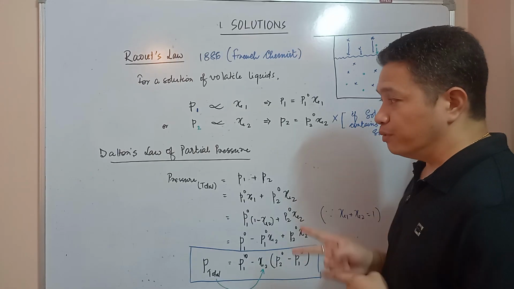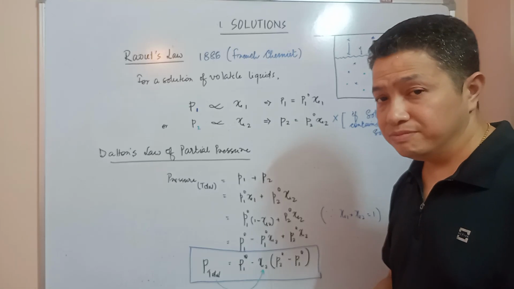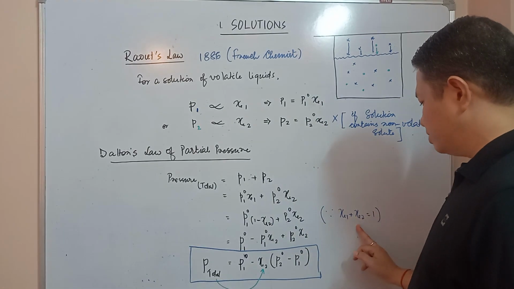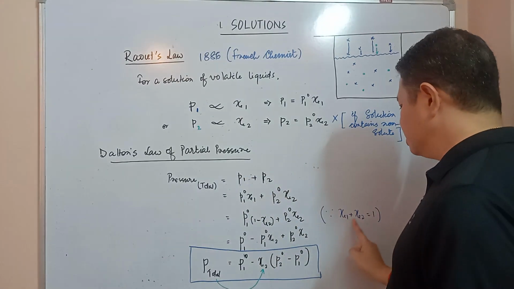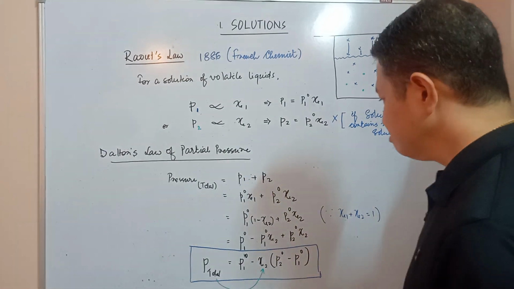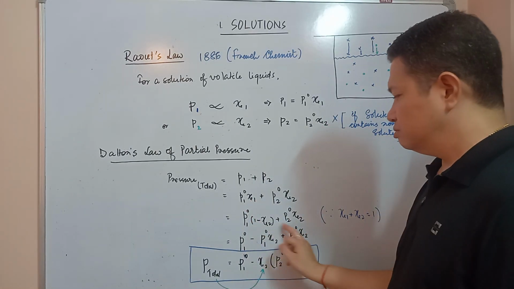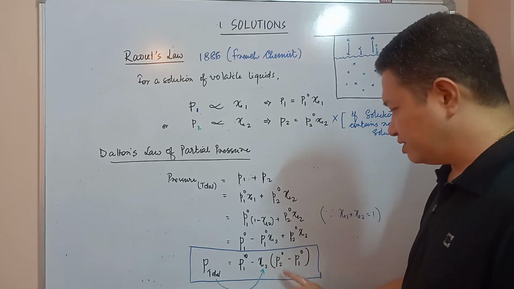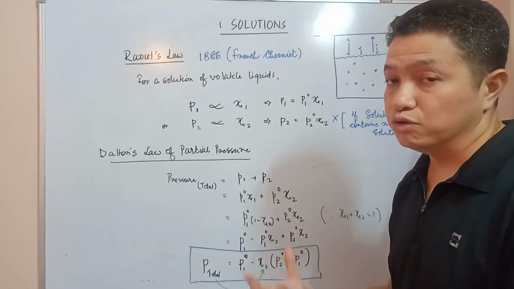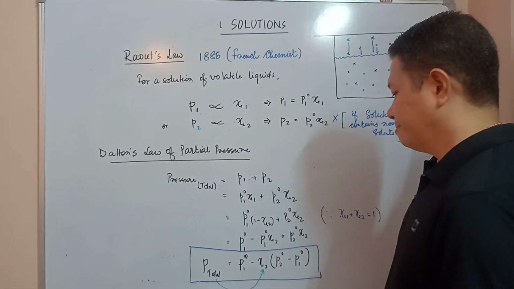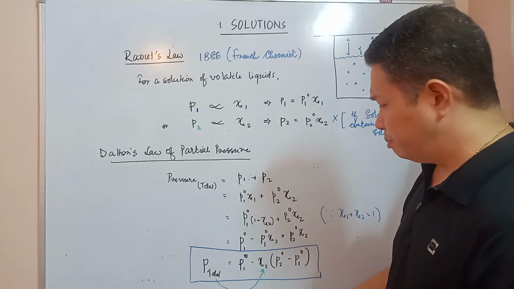Now, if there are only two components, then the sum of the mole fractions will be equal to 1. This is another concept. If there were three components, then x1 plus x2 plus x3 equals 1. But since there are only two components, we are considering binary solutions. So x1 plus x2 is equal to 1. Fine. So replacing x1, x1 becomes 1 minus x2. Simplifying this, what we get is that the total pressure of the system, a solution of volatile liquids, is equal to the vapor pressure of the first component in its pure form minus